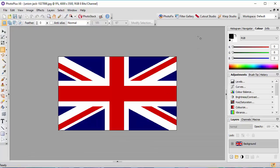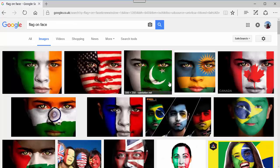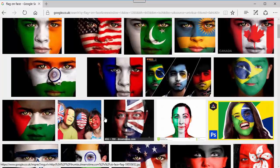Now, let me just also go back to this internet page. Another thing that I have picked up from the Photoshop tutorials that I looked at, and as you can see from these samples, the best type of image to do this on is if someone is looking at the camera face on as much as possible. And also I would imagine it's much easier if, like in this image of this woman, her hair is really pulled back, there's no stray hairs in the way,